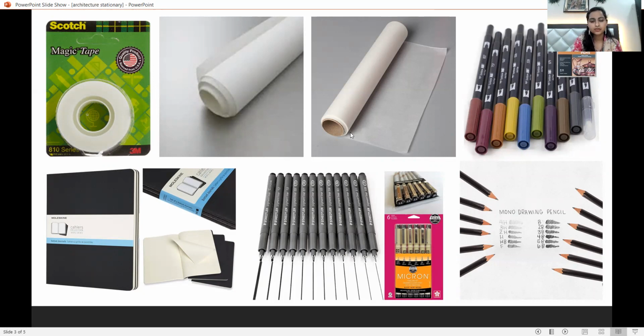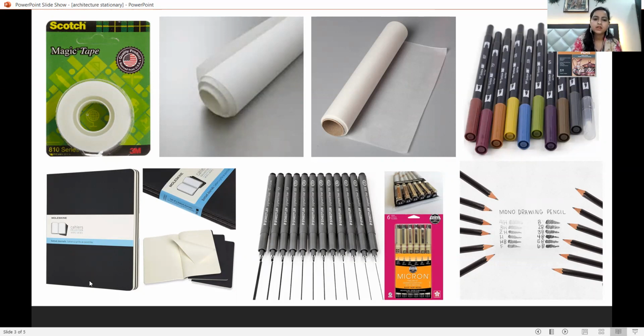This is used in the design project because when you are given changes, all those changes are done in the tracing paper, and then the final thing is done on the cartridge sheet. And next, in the design project, you need the dual brush pens, or you can say the brush pens. These brush pens are required in the design project, and also in the art studio, like in your first year you have the art studio classes, and there this can also be useful.